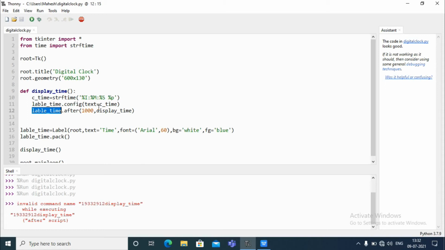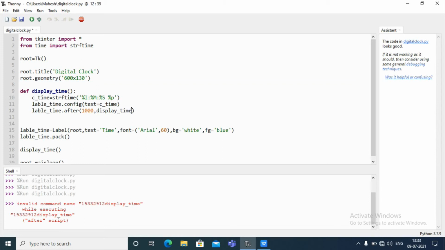By using this after function, for each 1000 milliseconds, that means for each 1 second, the display time function will be called. That means this function is called again, which means recursion.